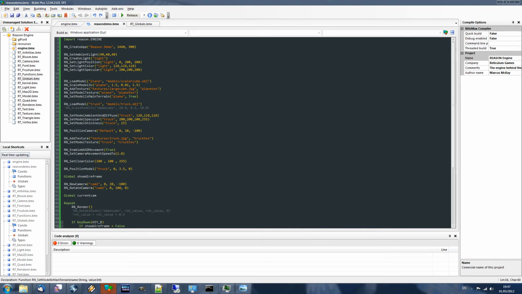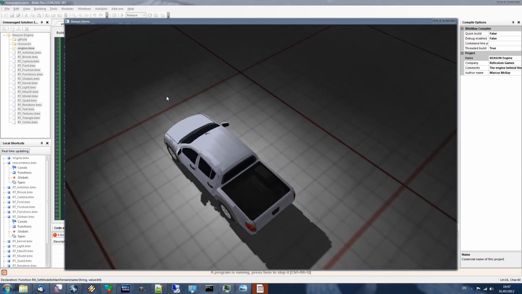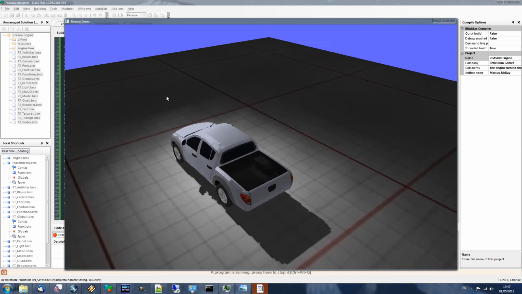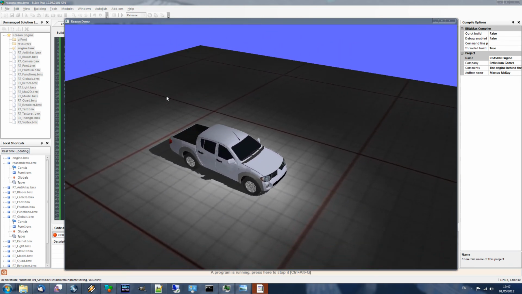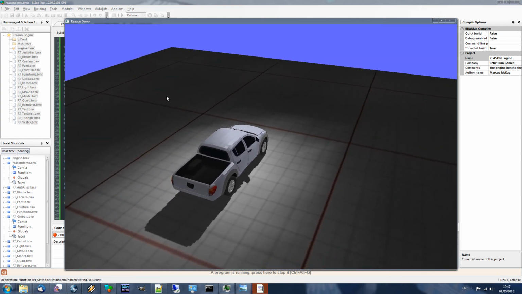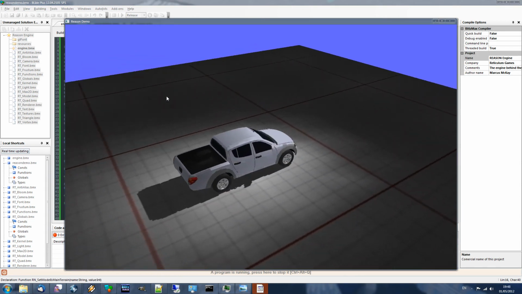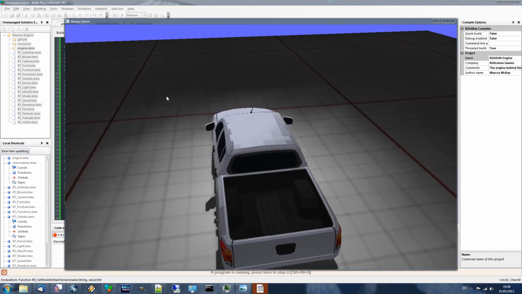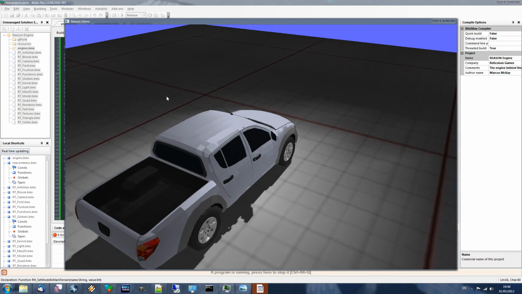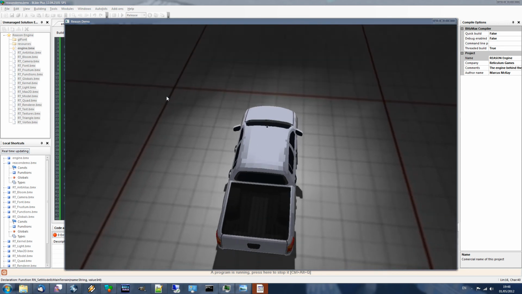Now I do hope that this is working, because in live demos you never know what's going to happen next. But you can see that we have a nice shadow now of the car. The default value for shadows is, I think, 512. I set it to 512. You can also see that the model is now relatively shiny. If I move the camera, you can see that the shininess of the car is more realistic, and there's a nice shadow